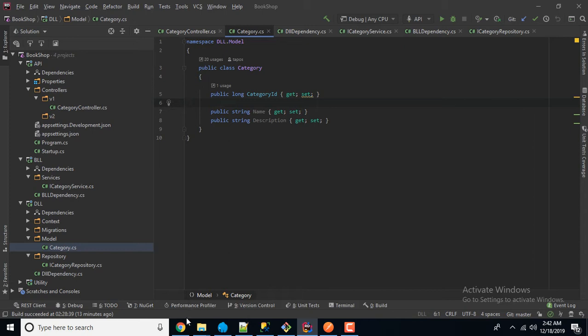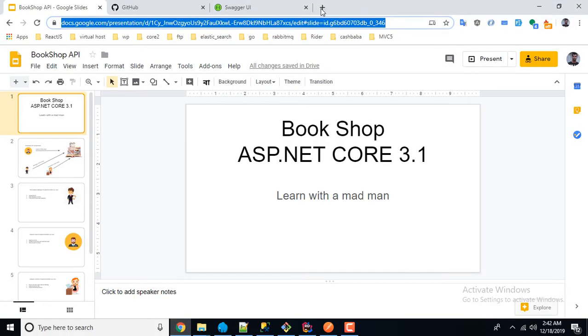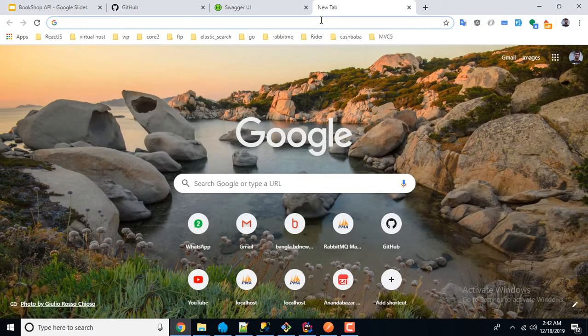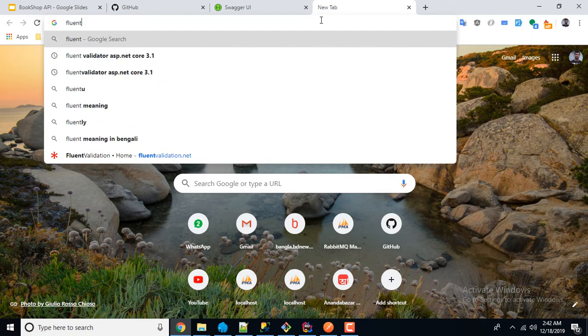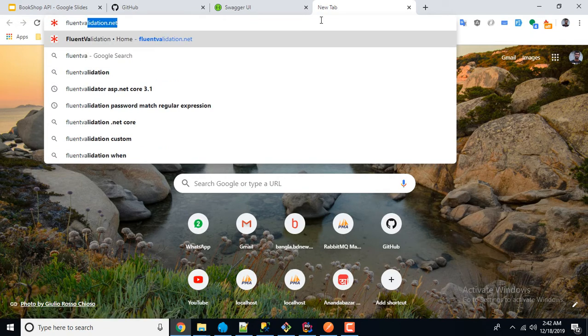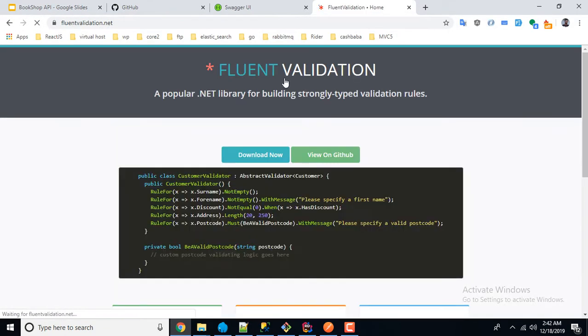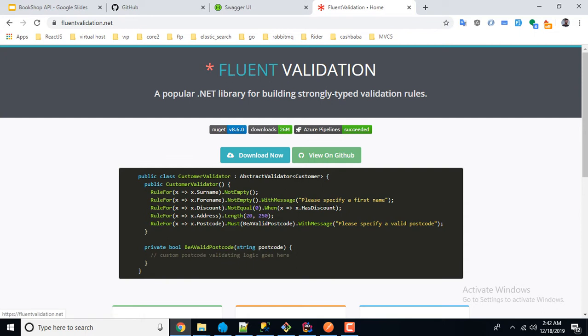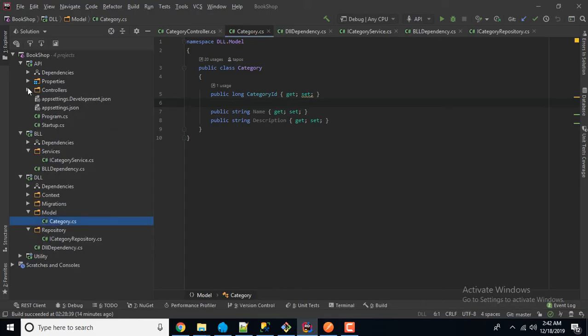A fantastic library is developed for validation issues, that is Fluent Validator. It is very fantastic, and I use Fluent Validator. To set up Fluent Validator in your project, I need another dependency,